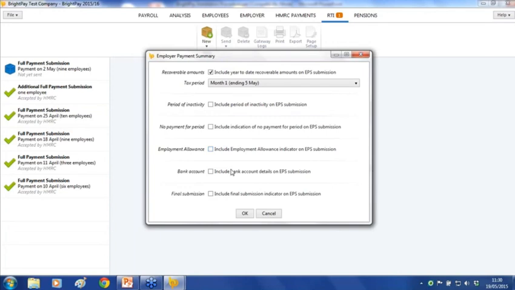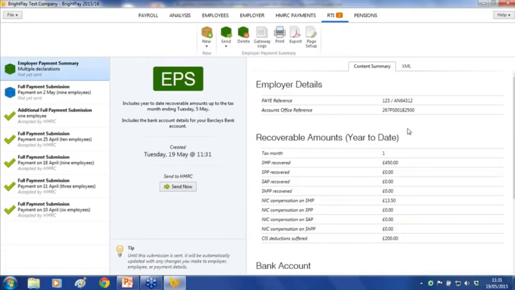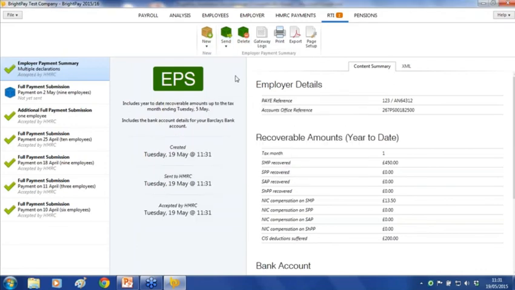To include bank details on your EPS submission, so if there's any refunds due, for example, they can come through. And again, those bank details are picked up from the employer section of the software there. And also then the final submission indicator for year end, should it be your final EPS of the year. So again, I simply click on OK. My EPS is displayed on screen, and again, simply send now to submit. Okay, so again, I'll just speed this up for you and mark as sent. Okay, and that's your EPS